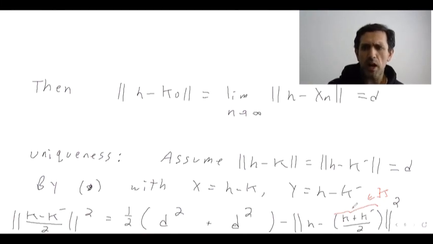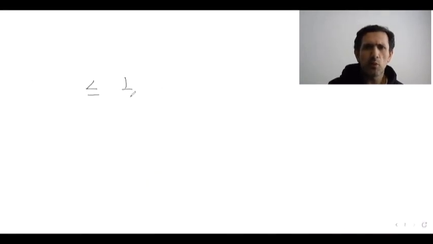But again, this whole thing here is in big K, so this is h minus something in K. That's bigger or equal to the infimum of all distances h minus stuff in K for all stuff in K. Minus it makes it less than or equal to the infimum. So it's less than or equal to 1/2 d squared plus d squared minus d squared